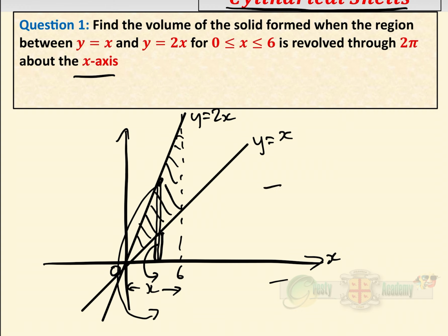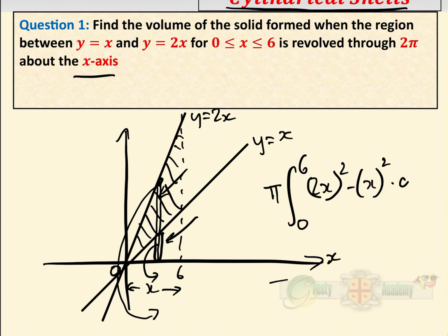Basically this would be pi r squared and this would be pi r squared, so we ended up with pi times the integral between 0 and 6 of (2x) squared minus x squared dx,